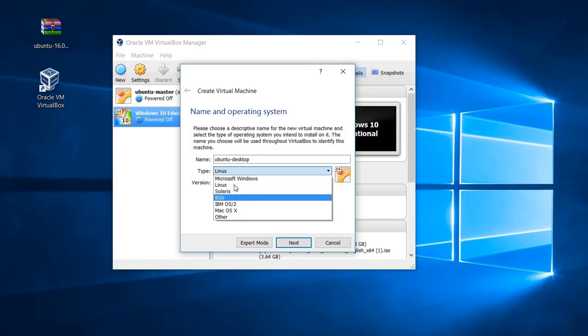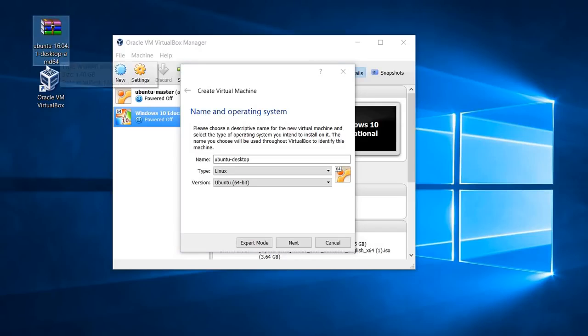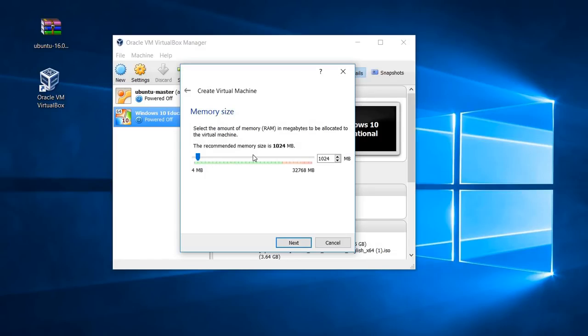Okay, so there are different kind of distributions. So we have here selected Linux, because Ubuntu is a version of Linux, and I have downloaded the 64-bit version. So I'm selecting here Ubuntu 64-bit. After selecting these options, you can click next,